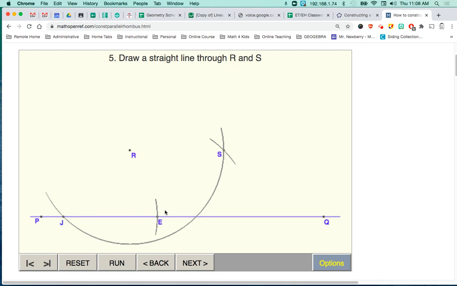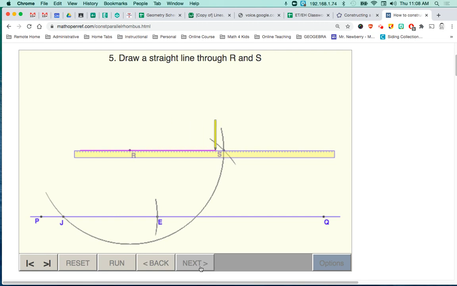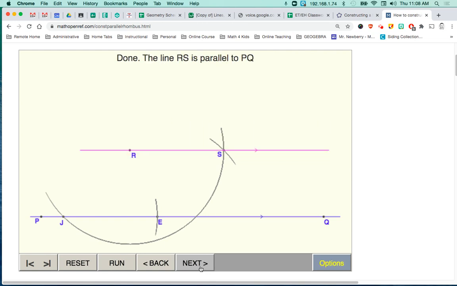We have J, E, S, and R. But really all we're concerned about is that top part of our rhombus, because we know the top and bottom sides are going to be parallel. And we're just drawing that parallel side. So that's the rhombus method to get our parallel lines. And our last one